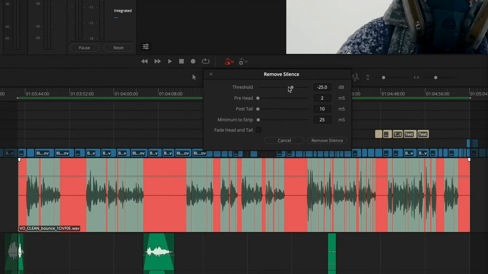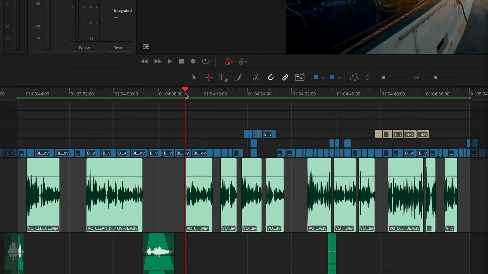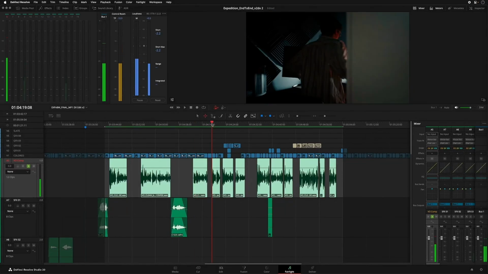In the dialog window, adjust the decibel threshold and other handles as needed. Use the checkbox at the bottom to add automatic fades to each